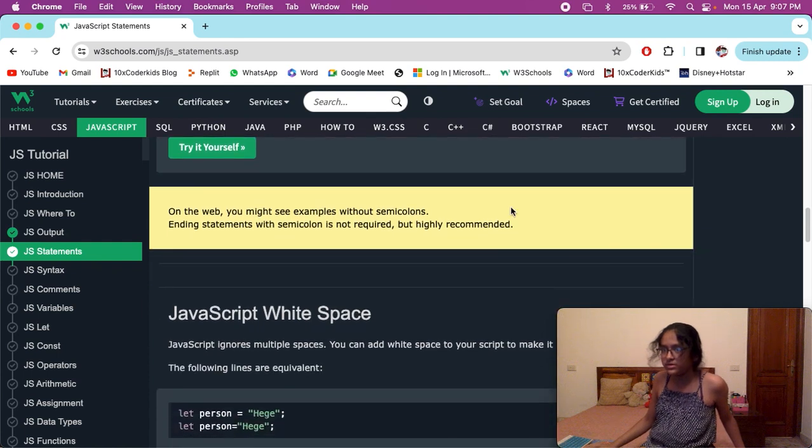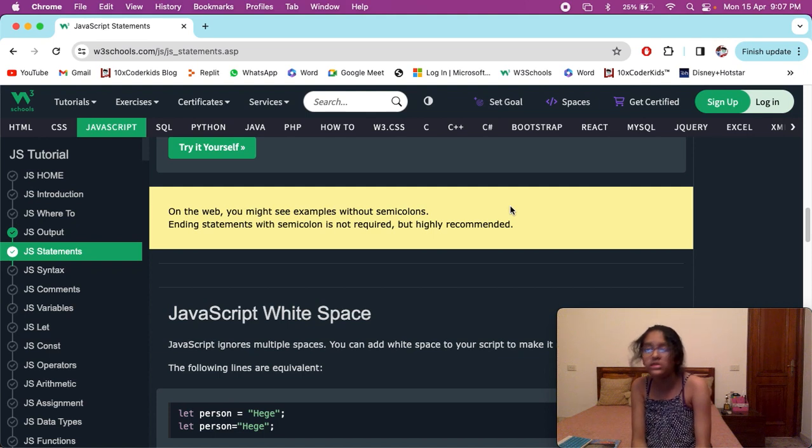On the web, you might see examples without semicolons. Ending statements with a semicolon is not required but highly recommended. As I told you before, it's not necessary to put a semicolon, but it consumes less space.